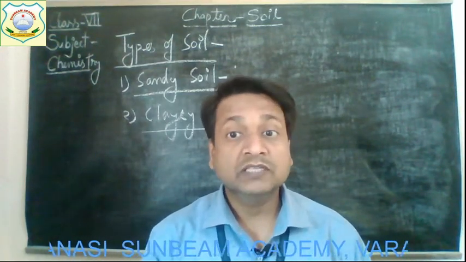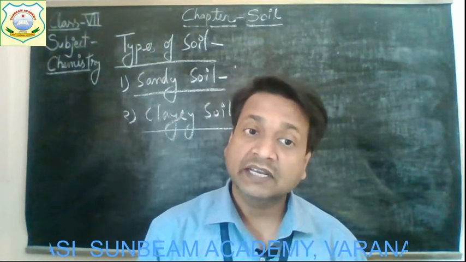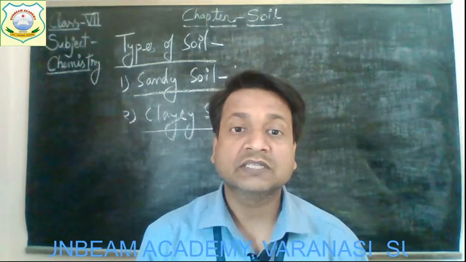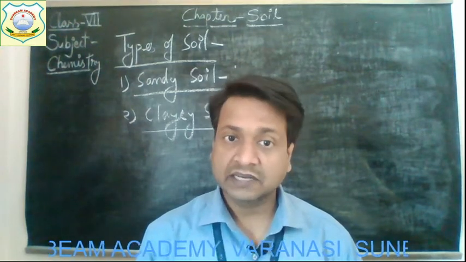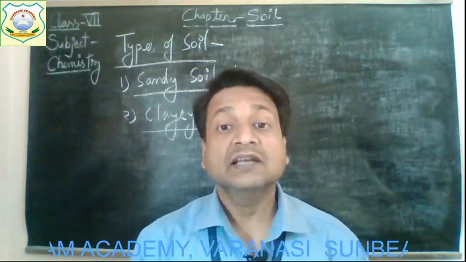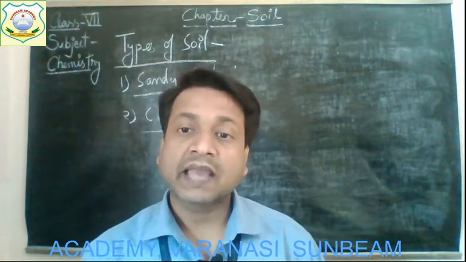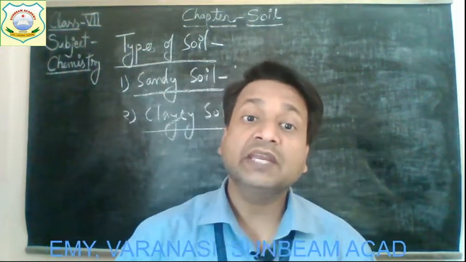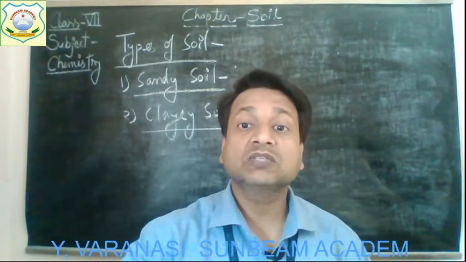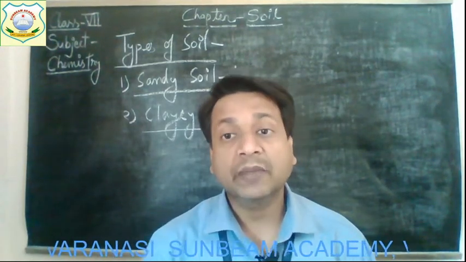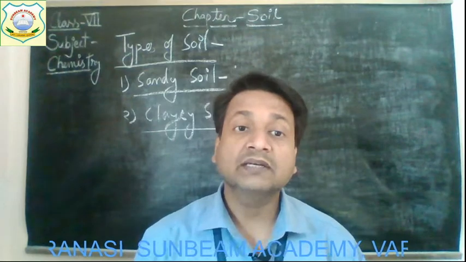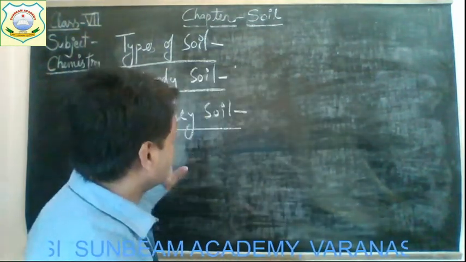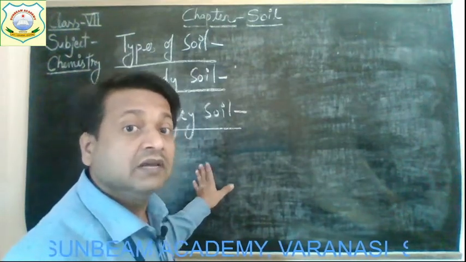Okay, now the best topsoil for growing plants is loam. So loam is a mixture of sand, silt and clay, and it also has humus in it. Get it? And it has the right water holding capacity for plant growth. It also has adequate space between the soil particles to trap air which is required by the roots of plants. So we can say that the best soil is loamy soil,